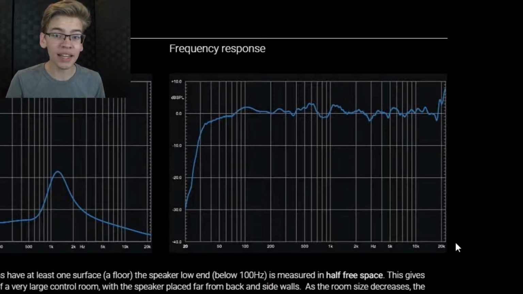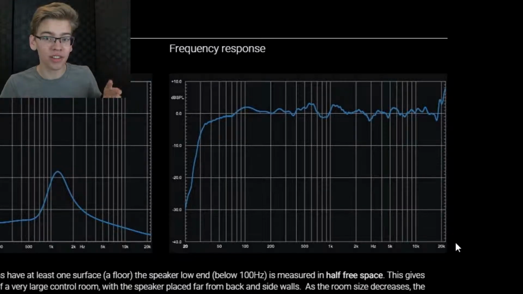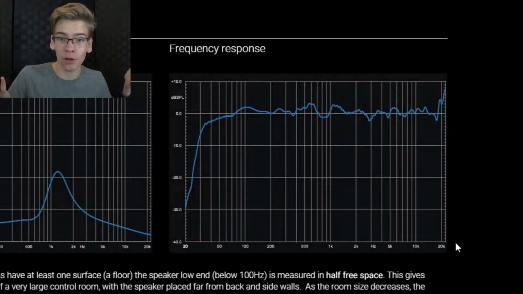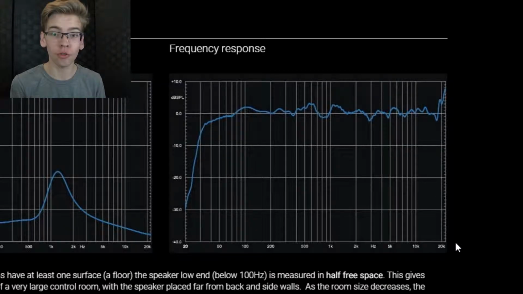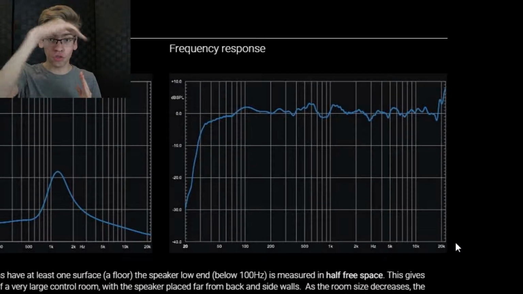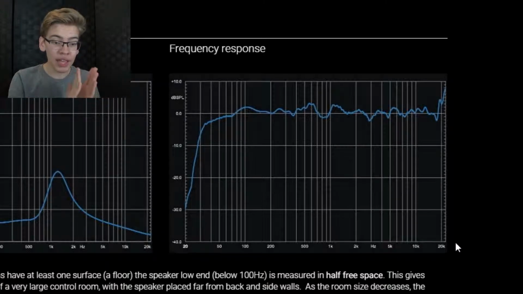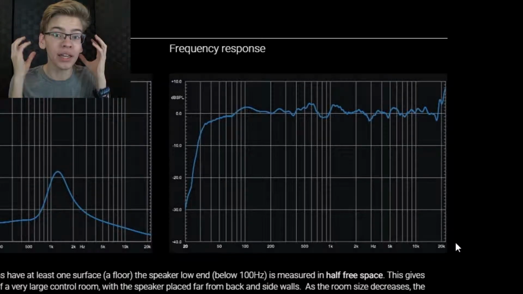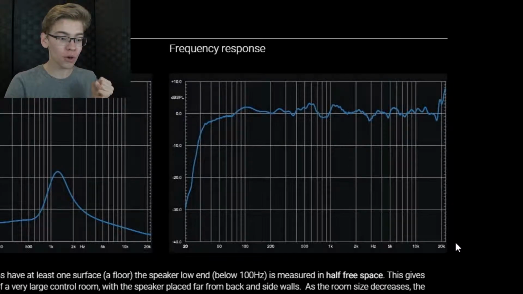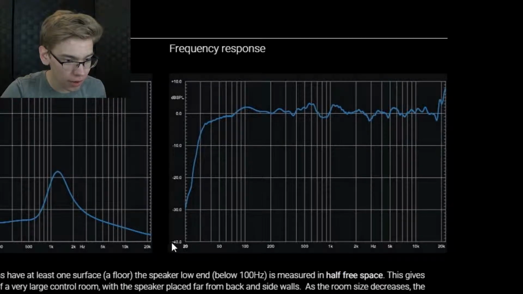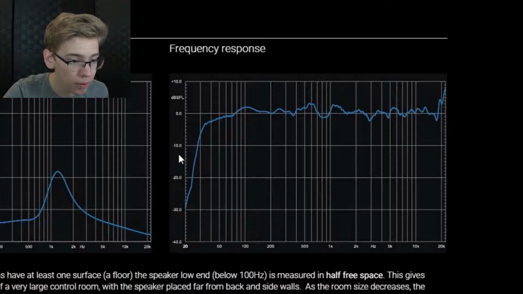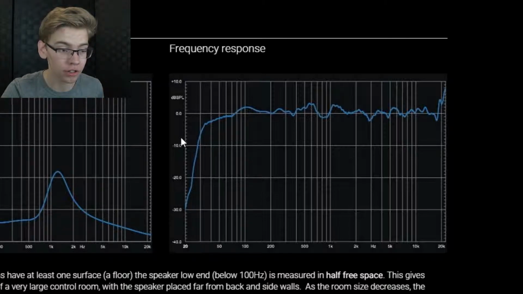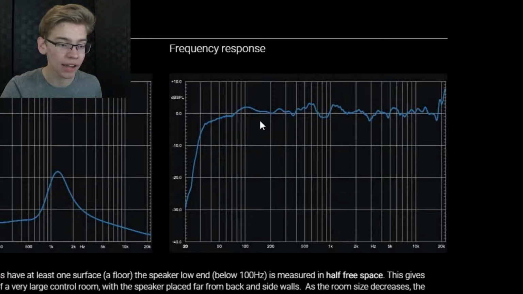What you want is outside the 20/20. You want something crazy like 5 hertz to 50,000 hertz, something like that. Because what that means is that the drop off is going to be on the outside of what you can actually hear. So if we make the graph go further out, let's say this is 5 hertz, that means it's going to come up outside of the 20 hertz that we can hear